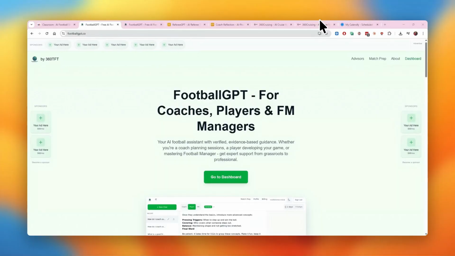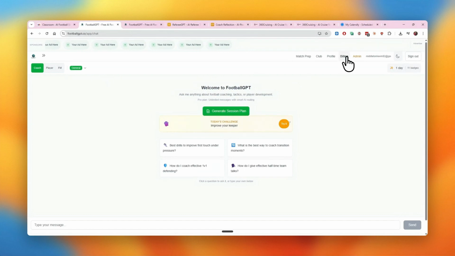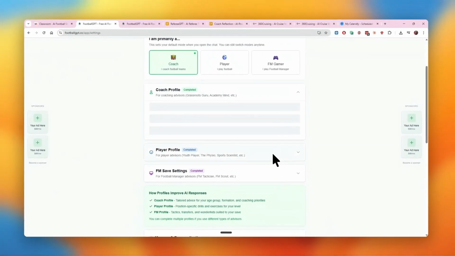I use 3 tools for this. First of all, ChatGPT. It's free, it's general purpose, and it works really, really well. Claude, which is similar to ChatGPT, but it's sometimes better for longer content and context. And of course, FootballGPT. This is the one I built specifically for football coaches. FootballGPT already knows your football context, the age of your players, the stage, the level you're at as a coach. But you can use any of these, and the prompts I'm about to show you work in all 3.